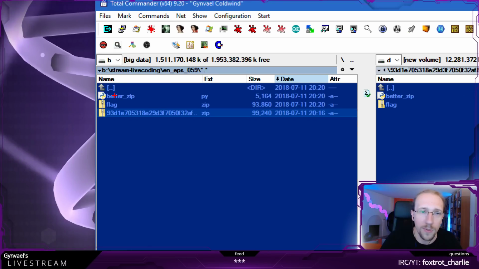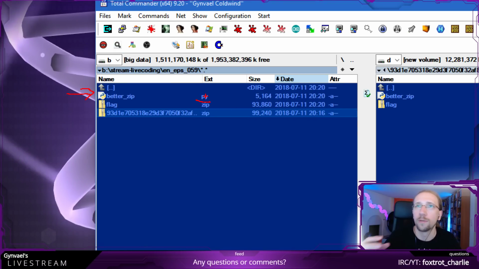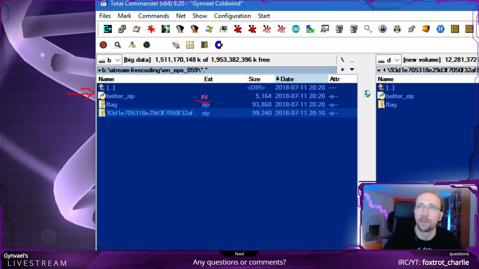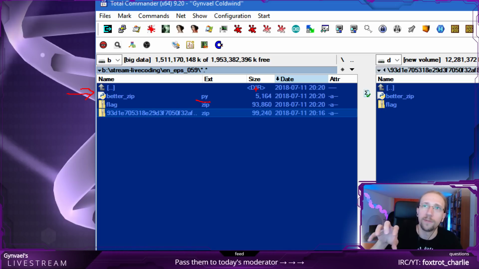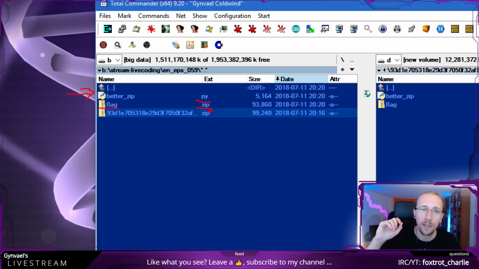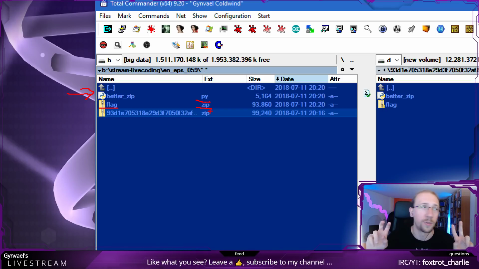What we get is betterzip.py, which is an implementation of the zip file format. It's a compressor for the zip file format with fixed cryptography in there for encrypting a zip file. And flag.zip is the file which has been encrypted using that better cryptography.